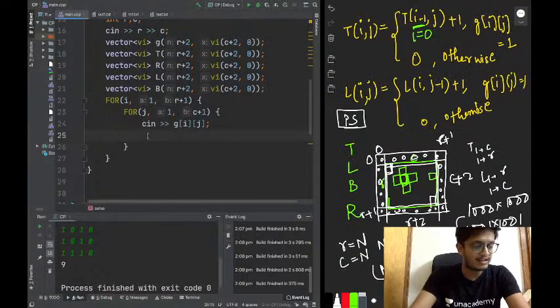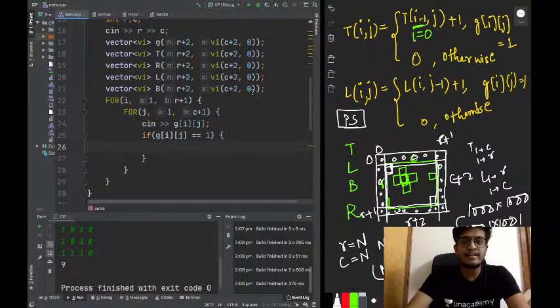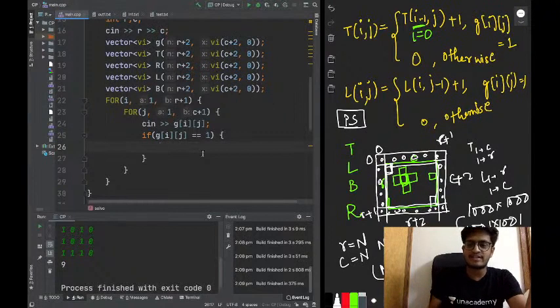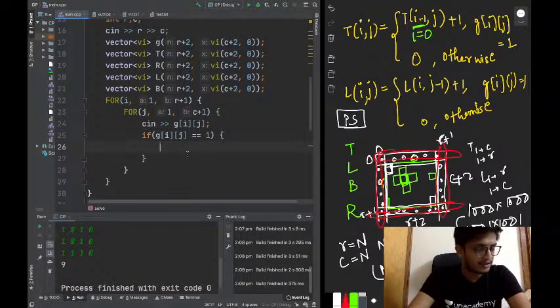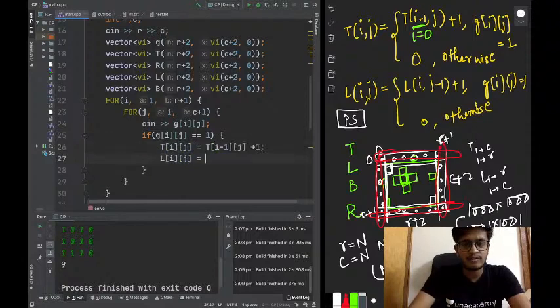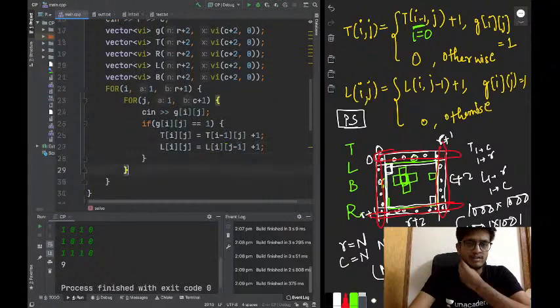So I'll just check. We already checked the condition, border cases. Now I have this thing and this thing will help me. This will reduce my code drastically. Okay, j is equal to 1. My t[i][j] will be t[i-1][j], and l at the ith row and j-1th column, plus 1.